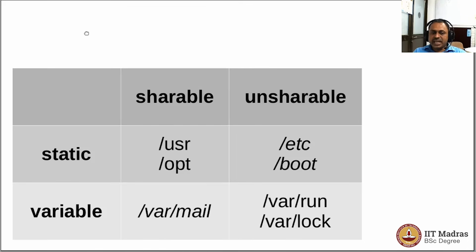directories. The static ones do not change during the regular operation of the computer, whereas variable ones will change. For example, when an email comes, a folder corresponding to that particular user's inbox would change. So that would be in the variable folder, such as /var/mail/username. However, when you execute commands, the executables are not going to change and they will all be static files.